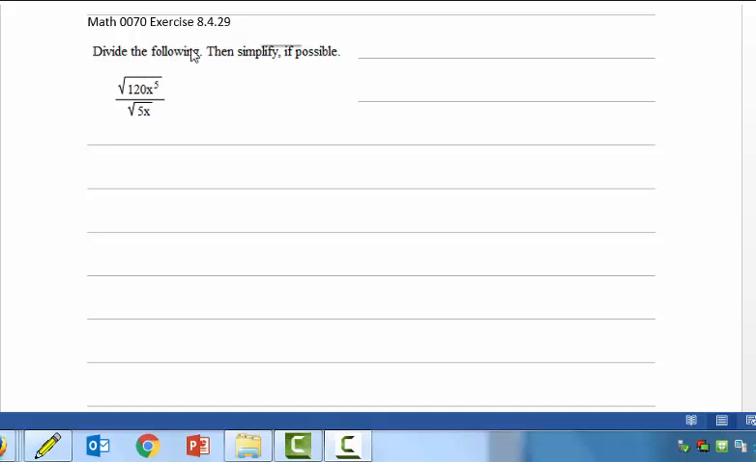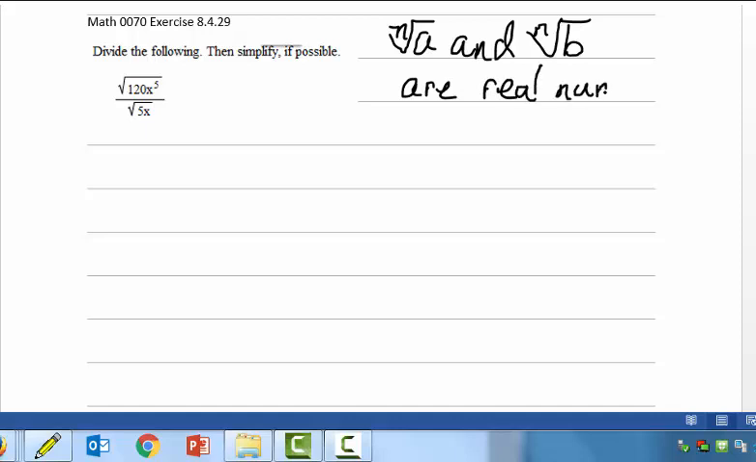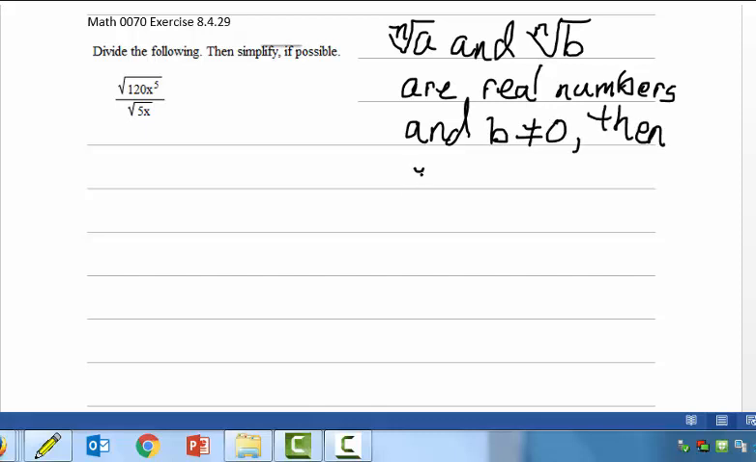Okay, so here we want to look at 8.4, exercise 29, and this is another case where we want to use the quotient rule. And remember that says if the nth root of A and the nth root of B are real numbers, and B is not 0, then